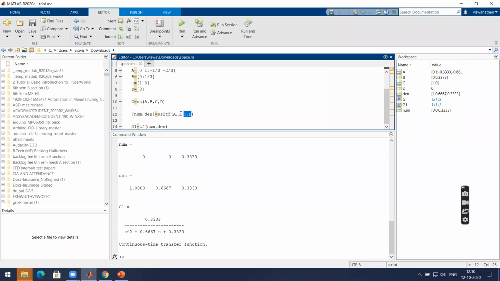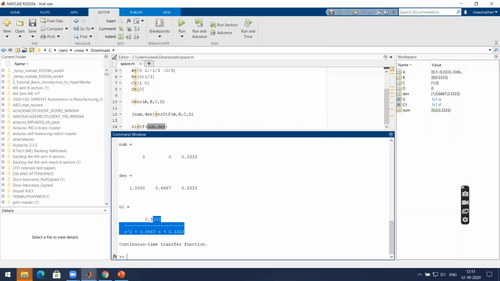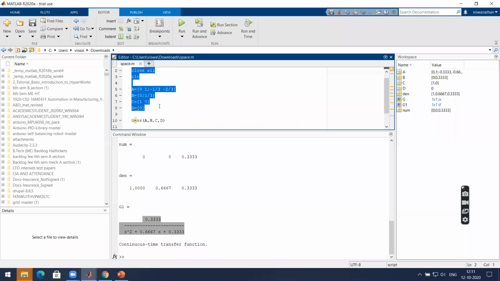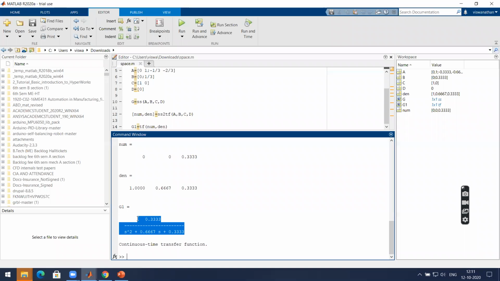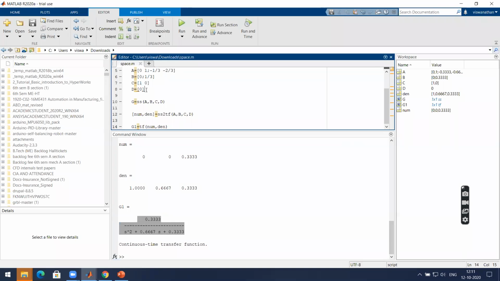Now taking G1 is equal to transfer function of this numerator and the denominator, that will give you the transfer function. We are converting to transfer function just to see if we have done it correctly. This is the transfer function which we know is correct,